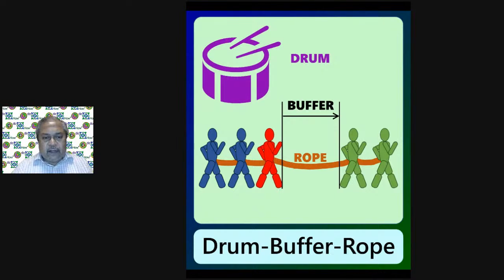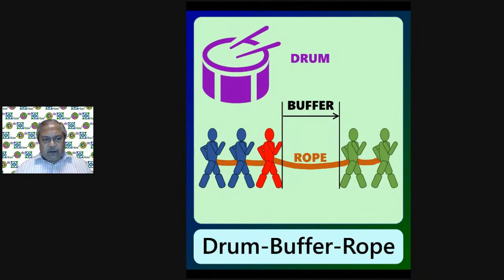That means he's the one who's walking the slowest. He's the one who's, let us say, fat like me, or somebody who is not that athletic, so he's not able to walk fast. So he's the one who is walking the slowest. The ones in the front, the green ones, are walking very fast, and the blue ones are also capable of walking fast, but they are walking behind the constraint. Now, only imagine that all these guys are walking in a line for a beat.